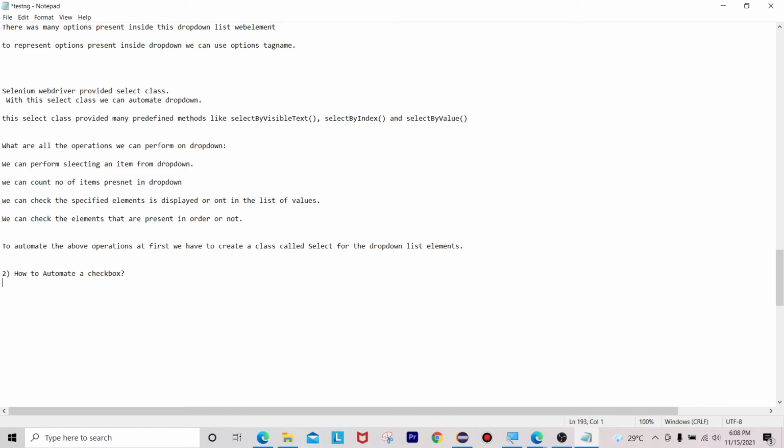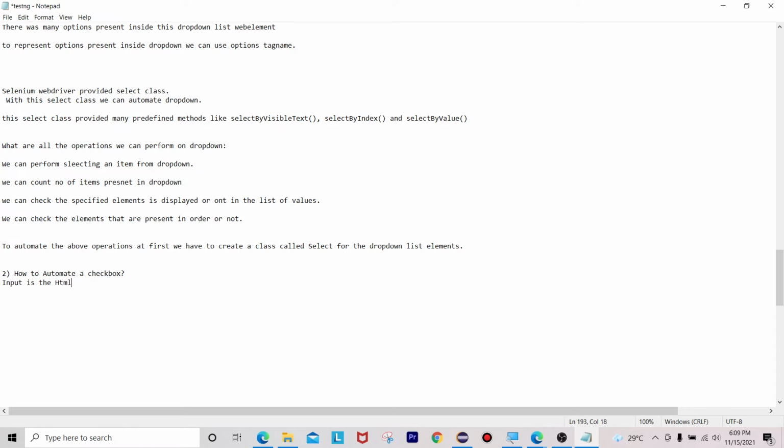So now in the same way we also have one tag name called input, that is also a HTML tag name used to define checkbox elements in web pages. Okay, used to define checkbox elements in web pages. To automate checkbox, input is the tag name.